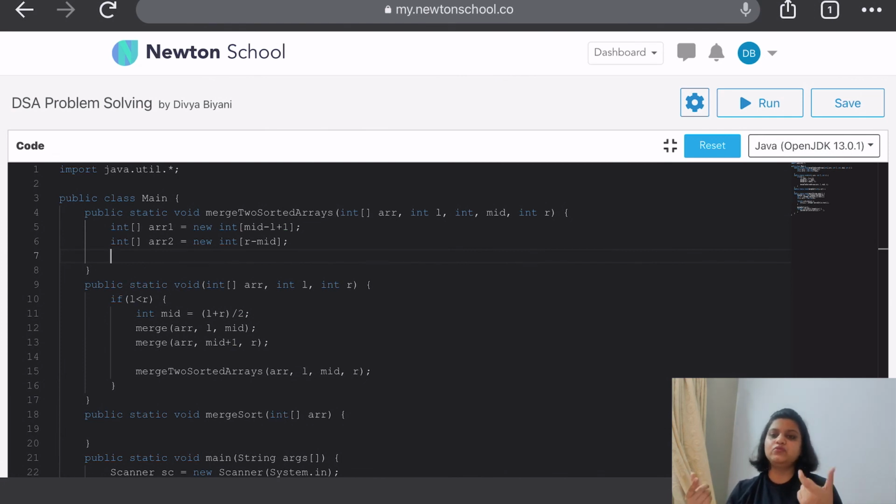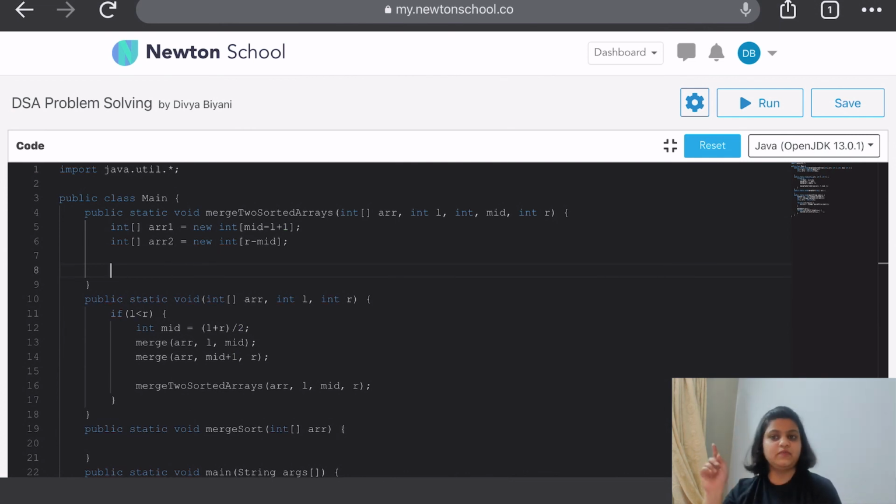So now we need to merge them and insert elements from L to R in such a way that all the elements present in L to R are interchanged in a sorted manner. We know that L to mid and mid plus 1 to R are sorted, so array 1 and array 2 will be sorted.